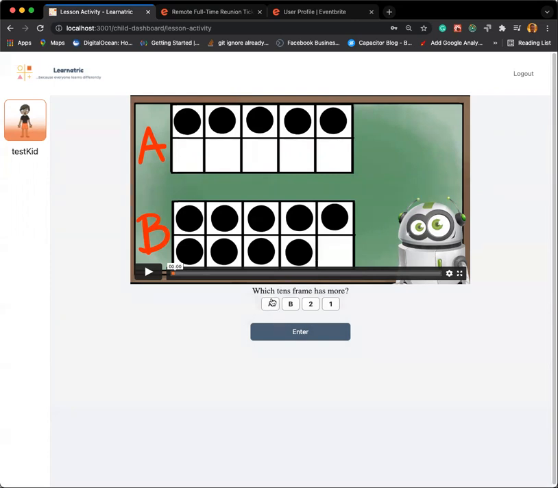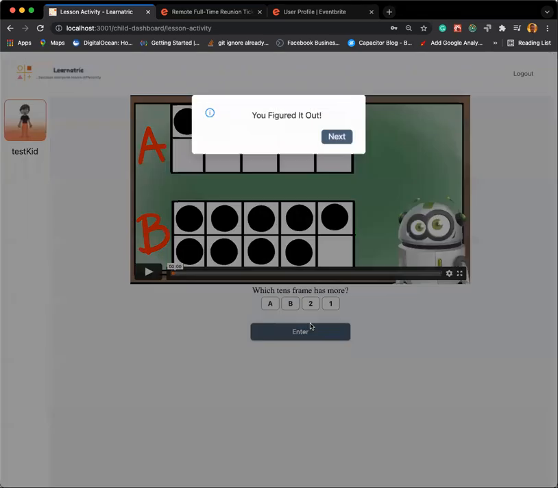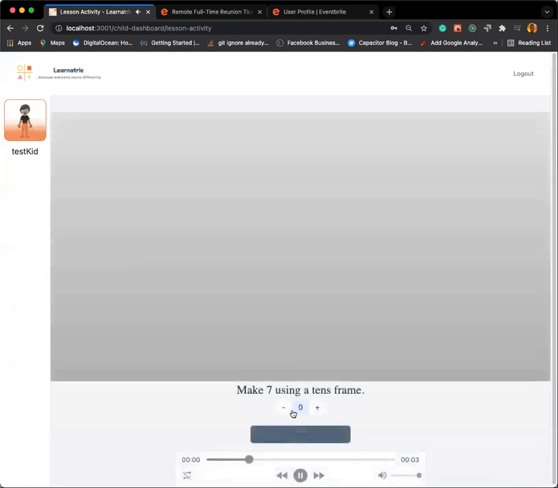And there's 3 types of questions. There's multiple choice, which this one happens to be, number pad, or tens frame. So it's a multiple choice question. It asks which one has more, so we answer the right question. If you answer it right, a little pop-up, and then you'll move on to the next section,